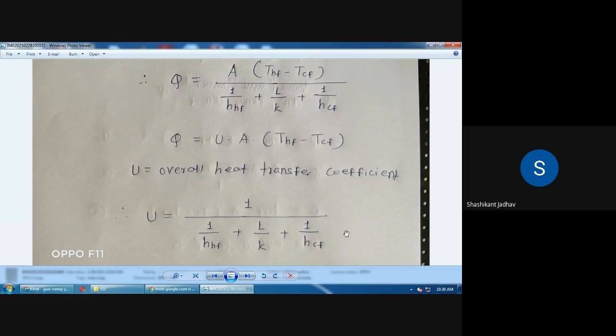आता हा लेअर L by K जो आहे तो थिकनेस कुठला असणार आहे, मेटलचा थिकनेस असणार आहे आणि मेटलची थर्मल कंडक्टिव्हिटी असणार आहे. सपोज now I will change the condition. At the center we are considering only one wall and only one layer, that is metal surface. Suppose at the center two layers are there. Suppose one material is aluminum and another material is copper. So at that time what is the difference in this overall heat transfer coefficient equation? Can anyone tell me? काय change will सांगा? What is the change in this equation?